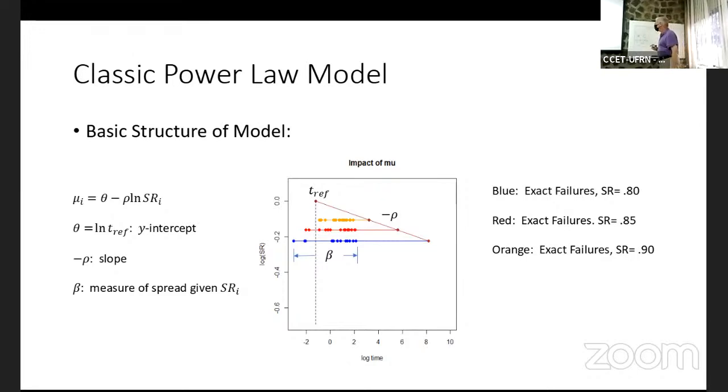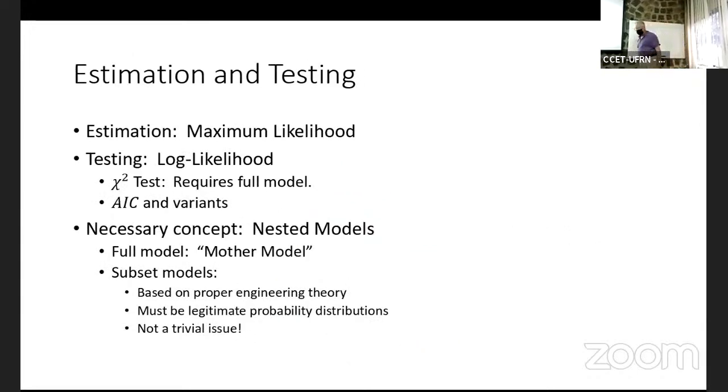Next slide, please. Estimation is going to be maximum likelihood. However, now it's a numerical technique. There's no clean matrix algebra to do this. Newton-Raphson is a classic technique for coming up with the maximum likelihood estimates. A lot of software is using numerical estimates of the derivatives, but nonetheless, it is an iterative procedure and you have to worry about convergence. Just like generalized linear models. Okay?